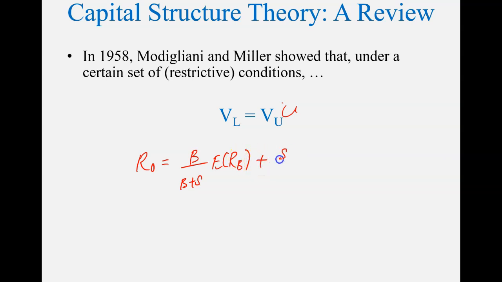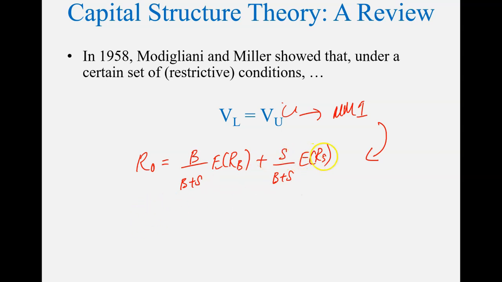And then plus S over B plus S into the expected return on equity. So my main point is that MM1 implies this. This is implied by MM1. And if you rearrange this